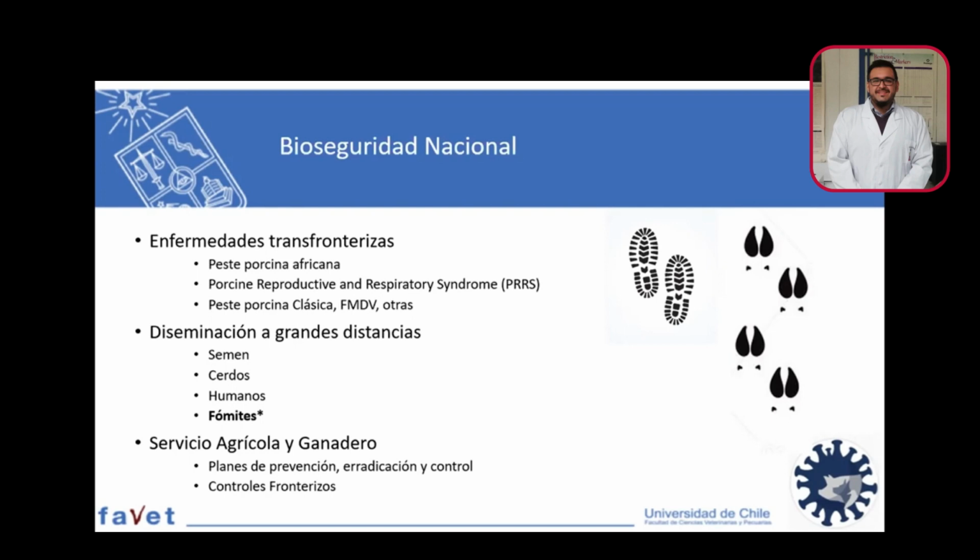And this is done by programs, and an important task is preventing the introduction of diseases such as foot and mouth disease, swine flu, and African swine fever. The livestock service has some important milestones I'd like to highlight, such as being a country free from African swine fever that was eradicated about 20 years ago. It's also a joint work of producers and the agricultural service. And if we review our main concerns on a national level,